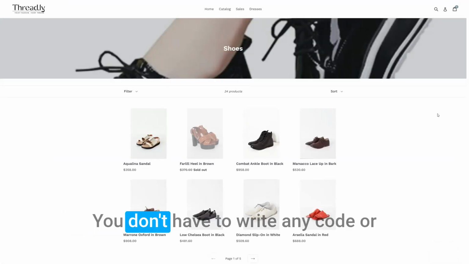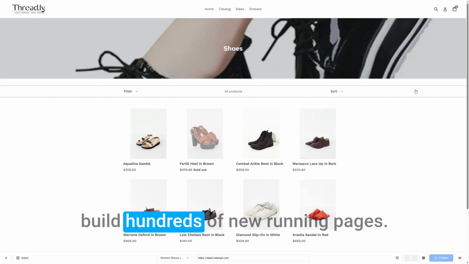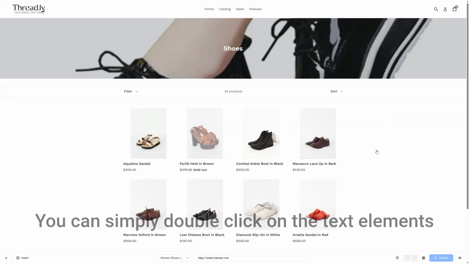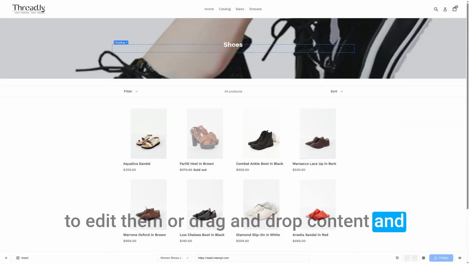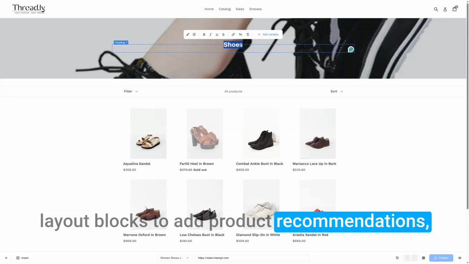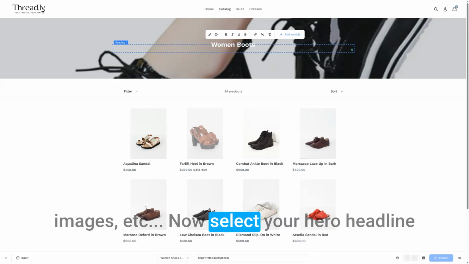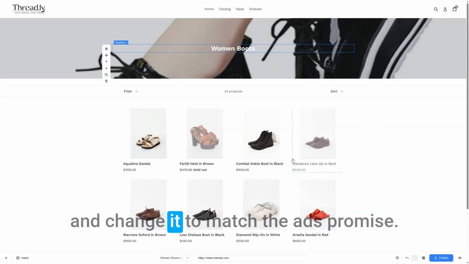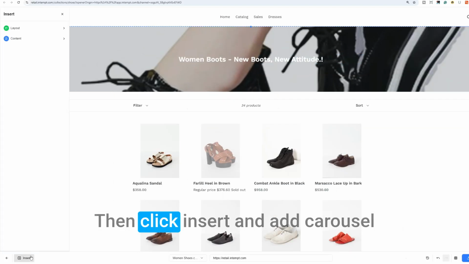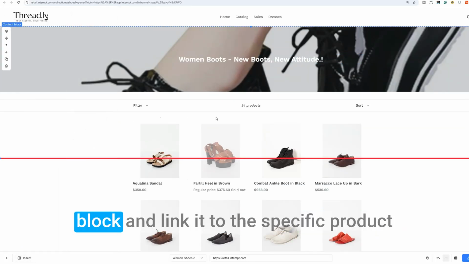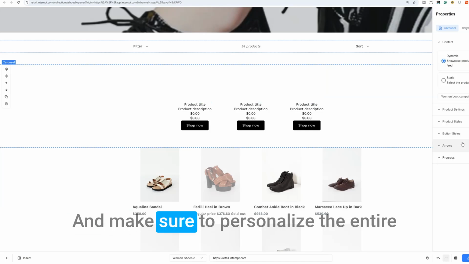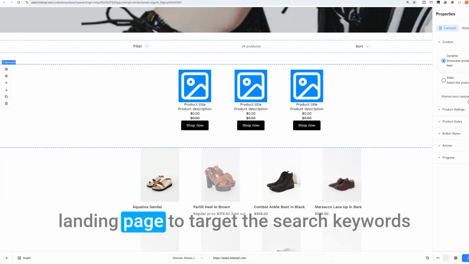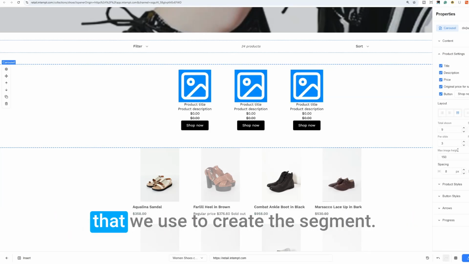With Intempt, you don't have to write any code or build hundreds of new landing pages. You can simply double-click on the text elements to edit them or drag and drop content and layout blocks to add product recommendations, images, etc. Now, select your hero headline and change it to match the ad's promise. Then click Insert and add carousel block and link it to the specific product feed we just created in step 2. And make sure to personalize the entire landing page to target the search keywords that we used to create